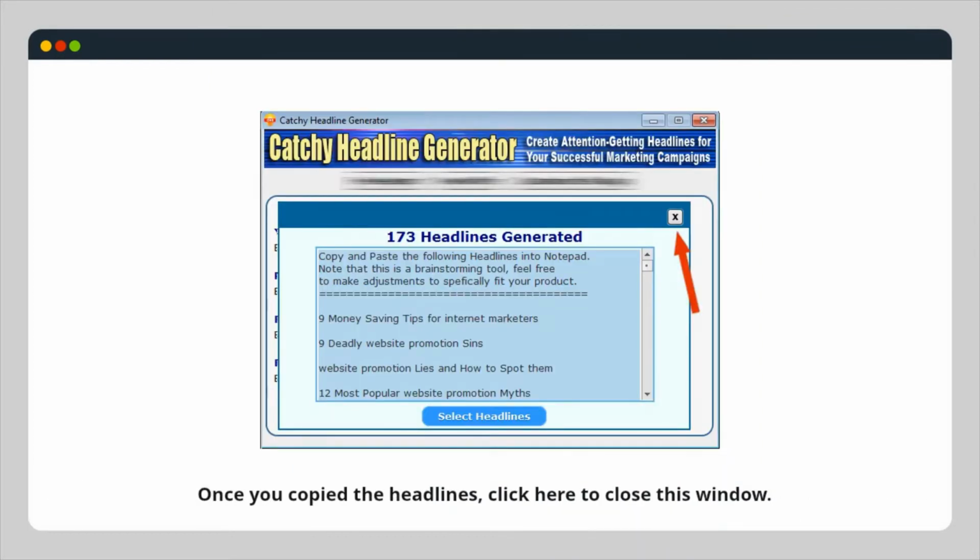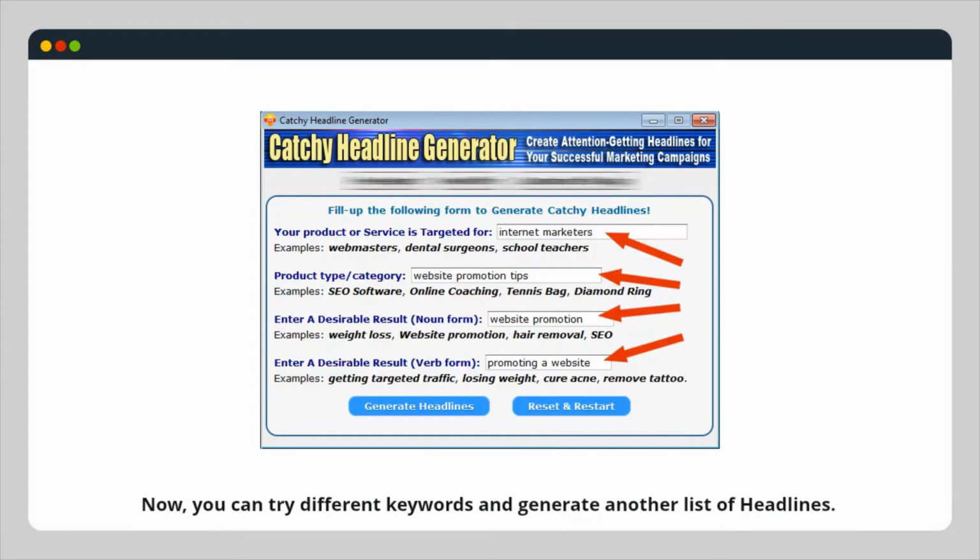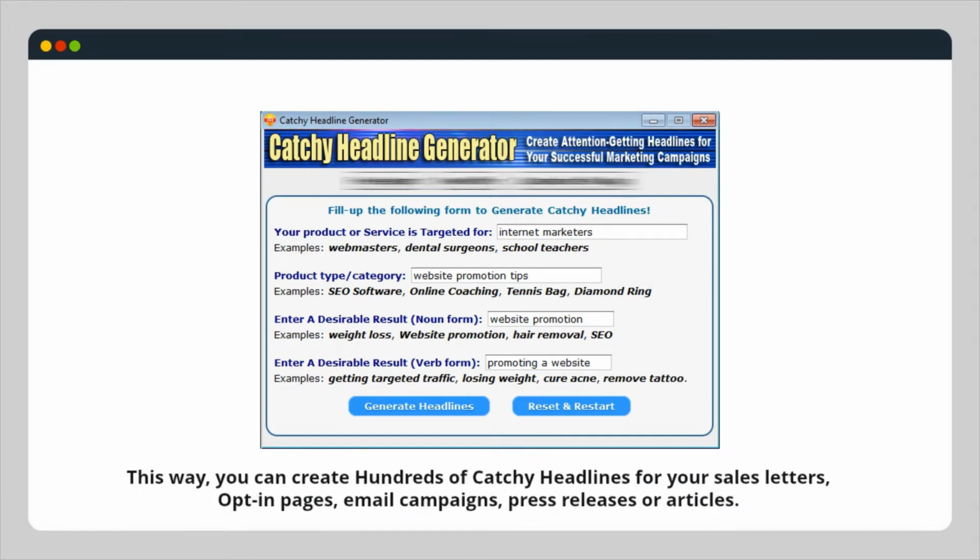Once you have copied the headlines, click here to close this window. Now you can try different keywords and generate another list of headlines. This way, you can create hundreds of catchy headlines for your sales letters, opt-in pages, email campaigns, press releases or